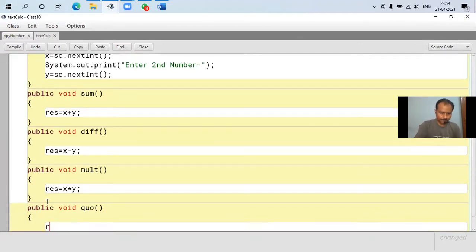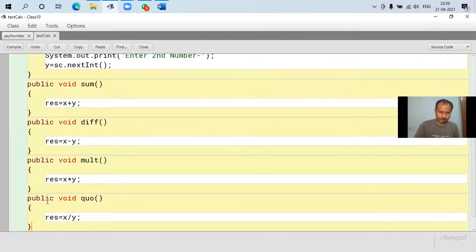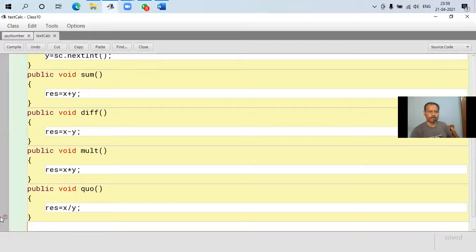Okay. So these are the few methods or calculations. Now we need to display the result also. For that,